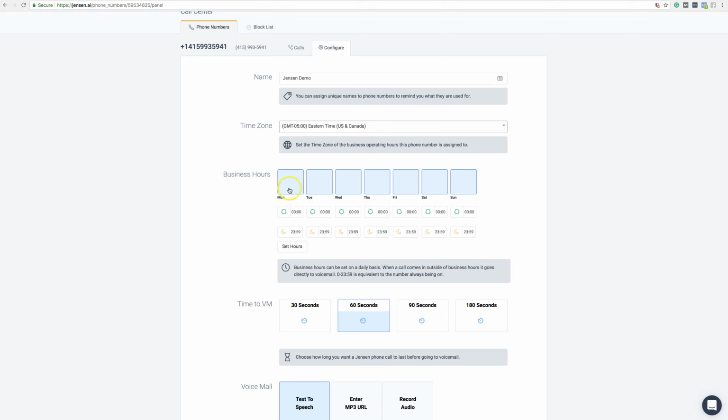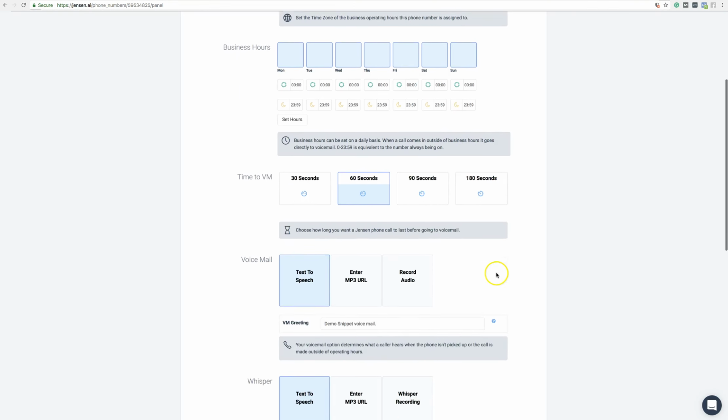Here you can set your business hours. Just clicking it and turning it red is going to signify that the business is not open. So maybe your business is closed Saturday and Sunday. Maybe you're sending leads to a call center and it doesn't matter. And then you can actually set the time of day and night, AM, PM, as signified by the day and night symbols. You can set the time in which the business is open, that the business can take the